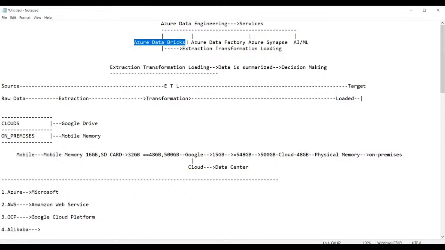These are the 4 languages used in Azure Databricks. Whereas Azure Data Factory is totally menu driven. Both perform the same job, but this is menu driven, and this is code based. Okay, so that's it about this.